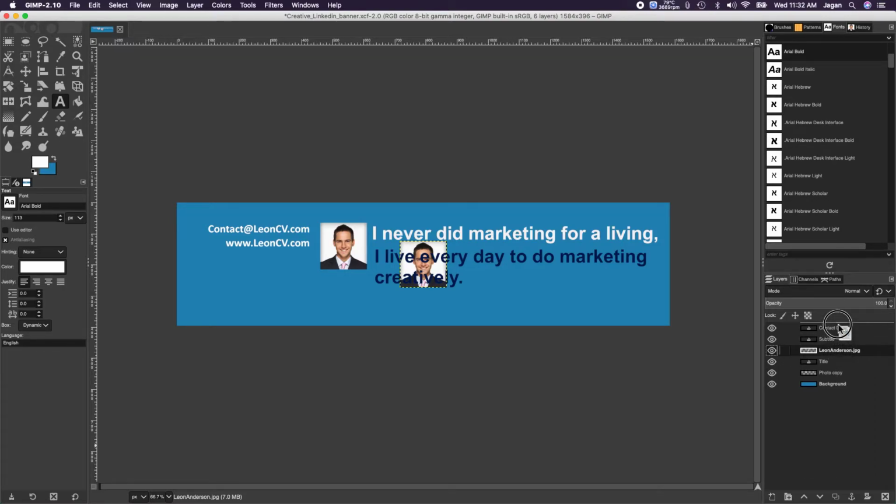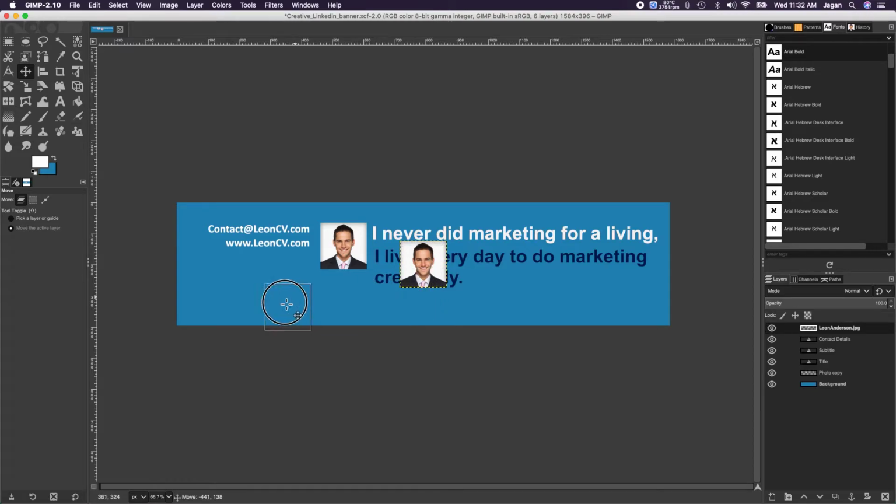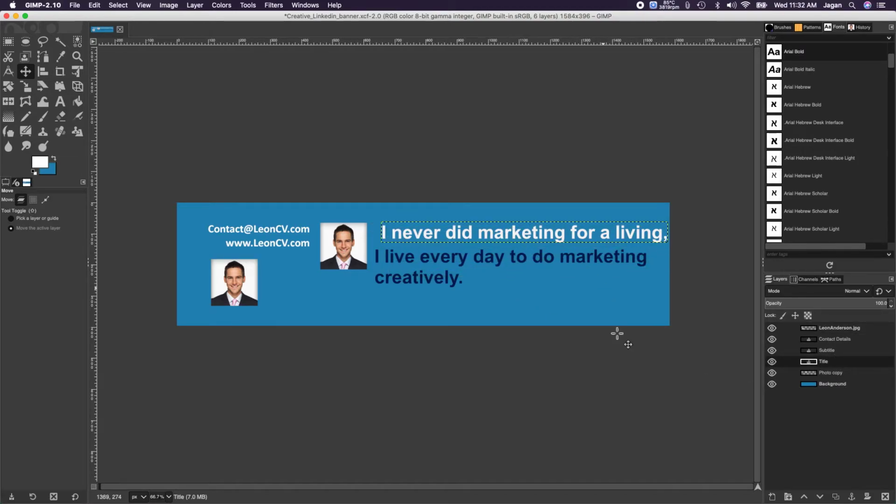Drag this image to the top and it will come to the top. If you want to move this image, click on this move tool and move. Similarly, if you want to move the title, click on title and move. Once you are done with this,